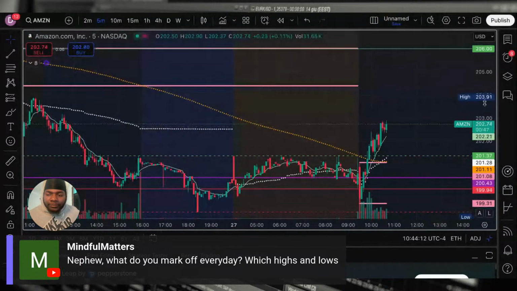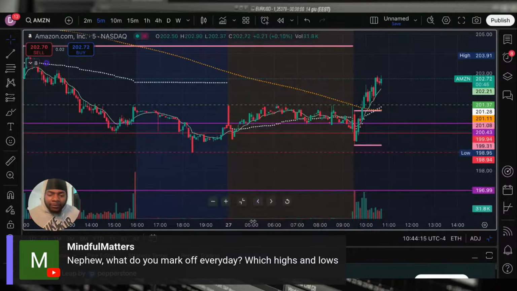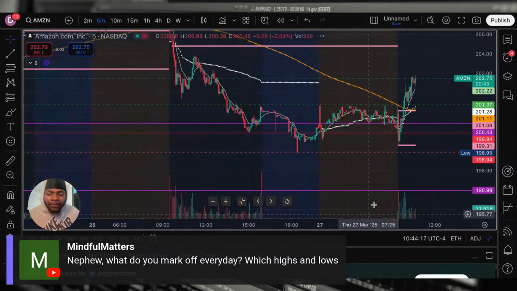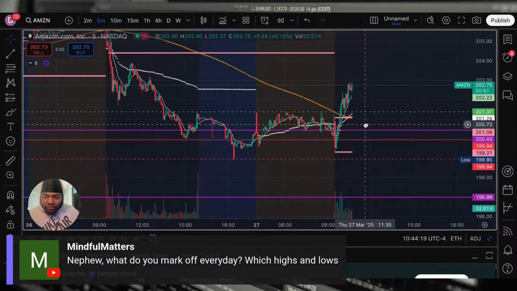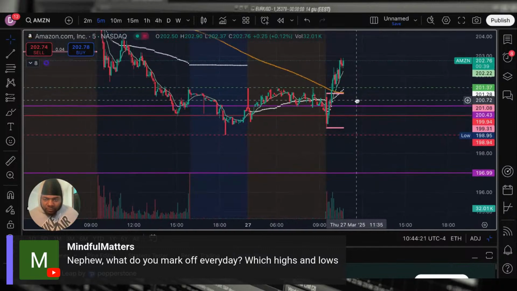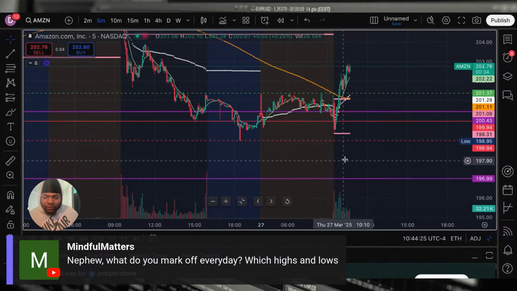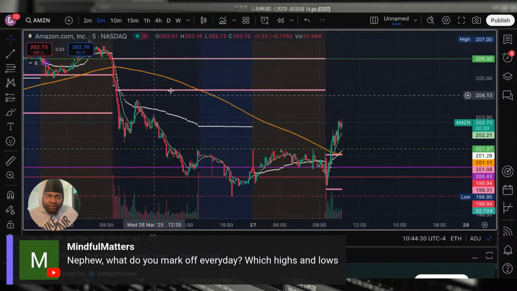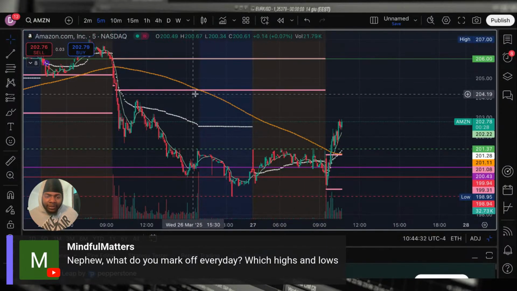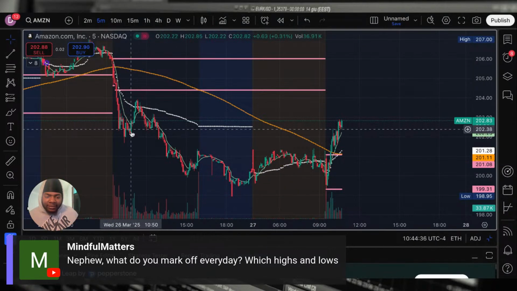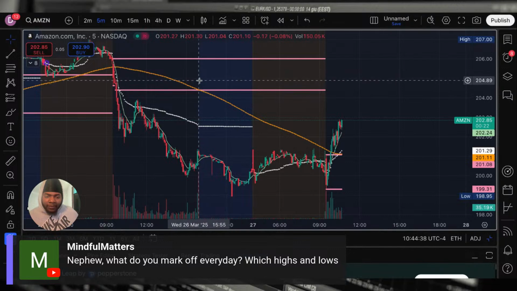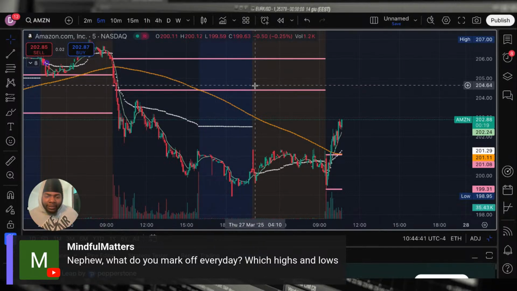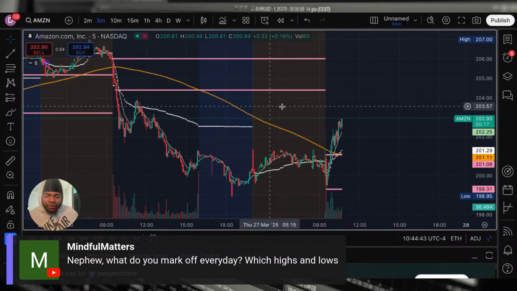All right, so you can do this on any time frame. It don't matter. It's still gonna show up on every time frame. So if you don't know, this is aftermarket right here. This blue area right here, from right here to right here, this is yesterday. The dark blue is aftermarket, and the yellow is pre-market, which was this morning.